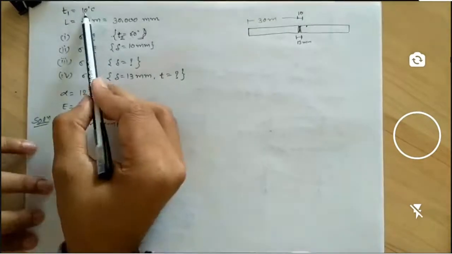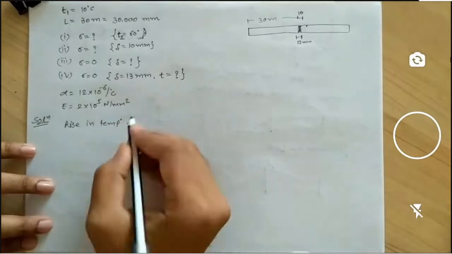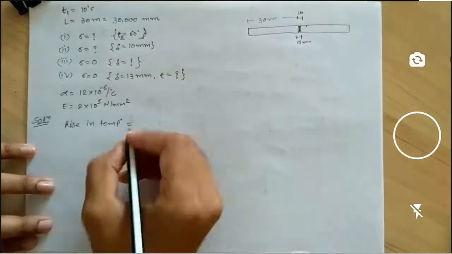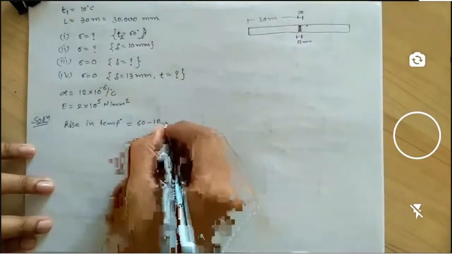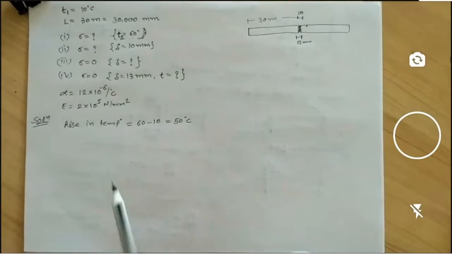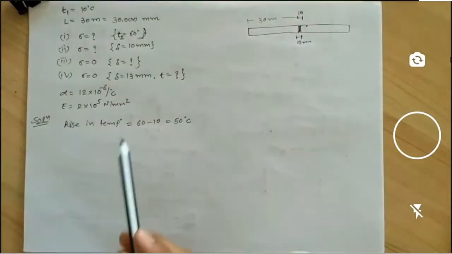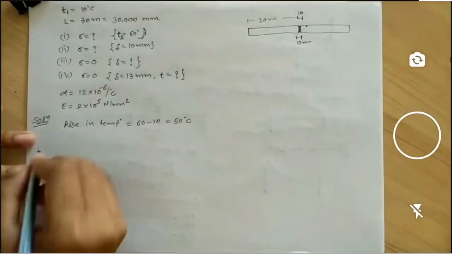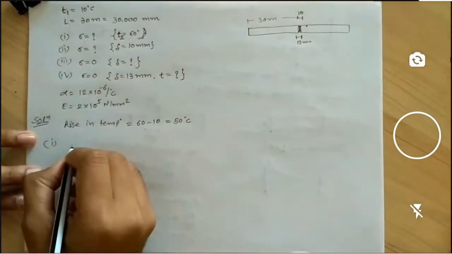Initially the temperature is 10 degrees and it rises up to 60 degrees. So the effective rise in temperature is 60 minus 10, so 50 degrees Celsius. Now we are going to find out all the stress values and all this calculation based on this 50 degrees Celsius. Now in the first case, the stress